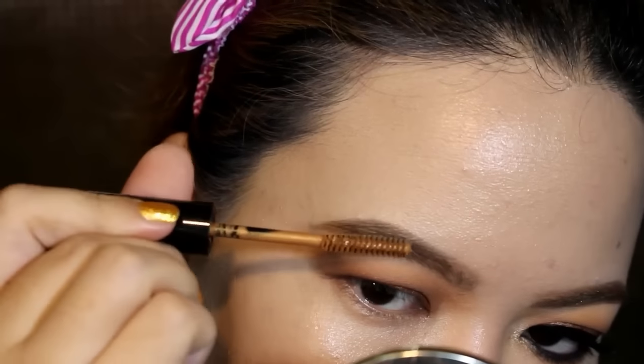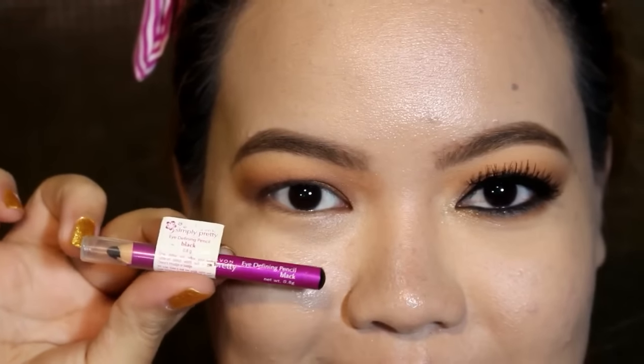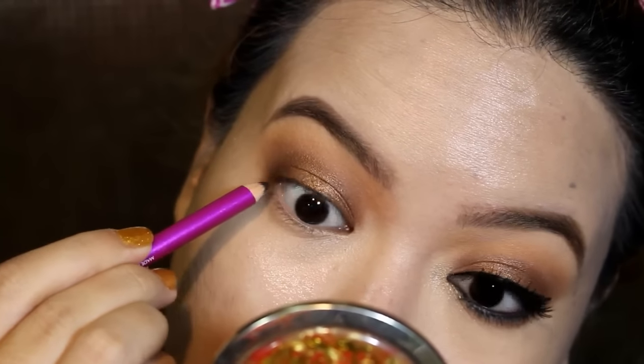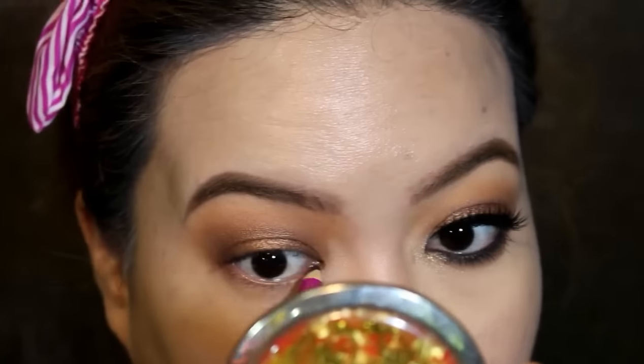I'm going to use the Nichido Tinted Brow Gel. This one is in the shade Salted Caramel. I think this voiceover is all over the place. I'm sorry, I haven't done this in quite a while, but I'm going to tightline my upper